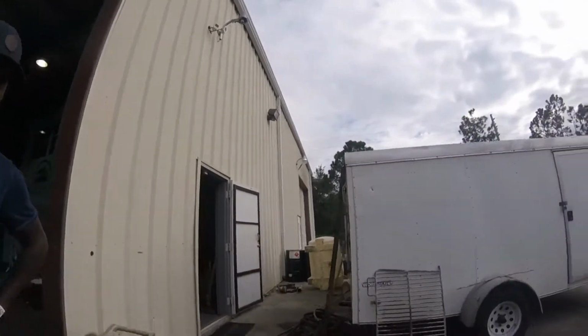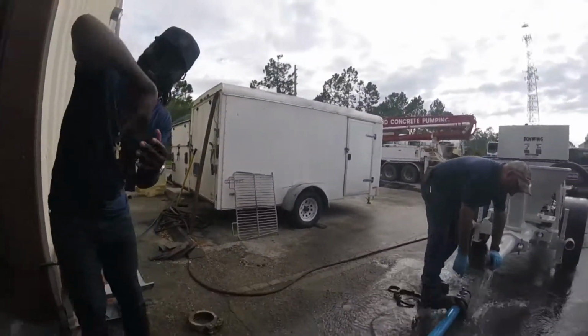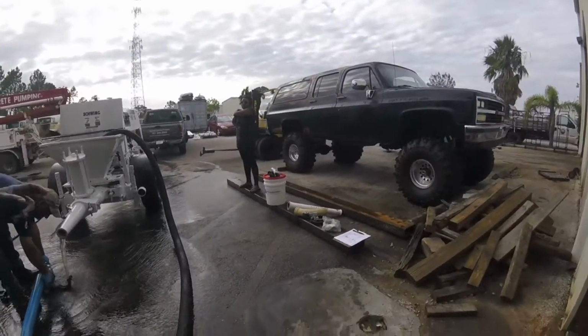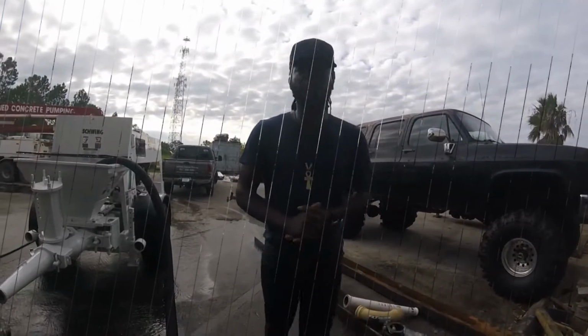Let me show you. Where's the truck at? I know how to make one. If I want to, I get a piece of steel and I bend it. Exactly, that's what we did. But I don't really need that. I need one on a clamp, like if I'm up there, I could clamp the hose. No, we did it with a clamp and a piece of rebar. Yeah, that's what I'm saying. What we did is...